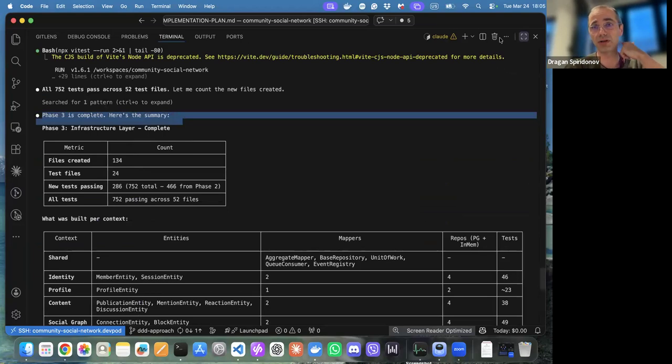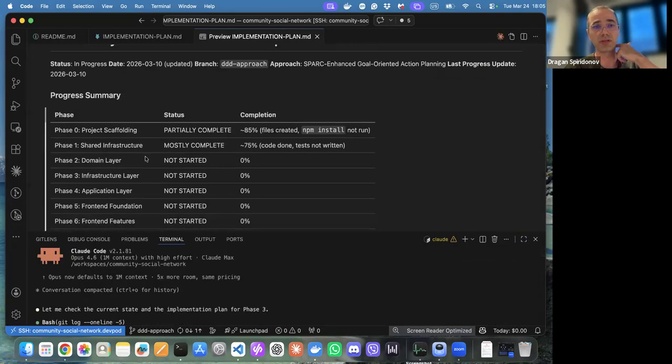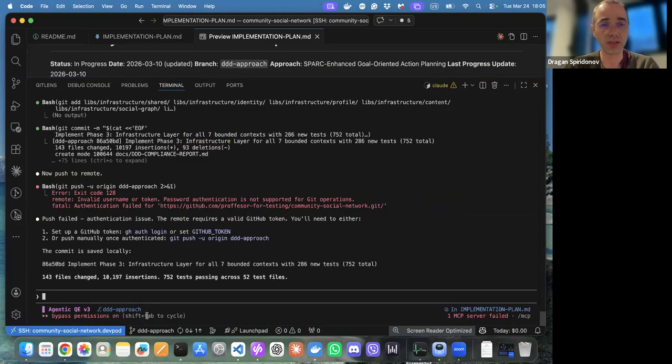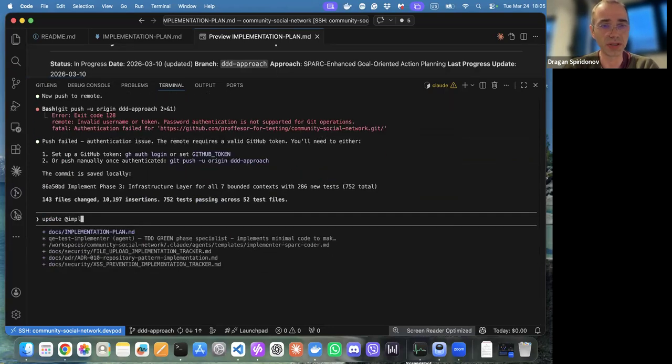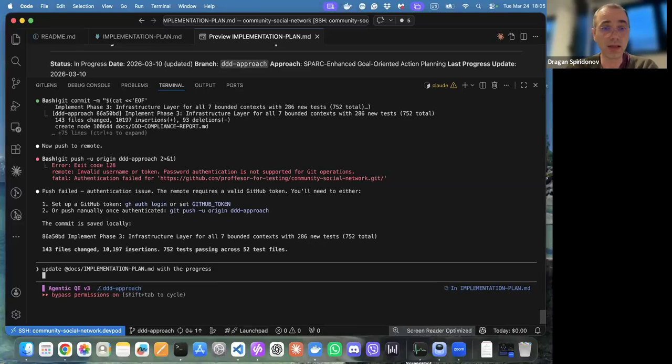And in the original document, if we take a look, it says phase 1 mostly complete and it didn't touch the others. So let me just update the implementation plan. With that, you can add any documents or whatever with the progress. And then I will ask it to use